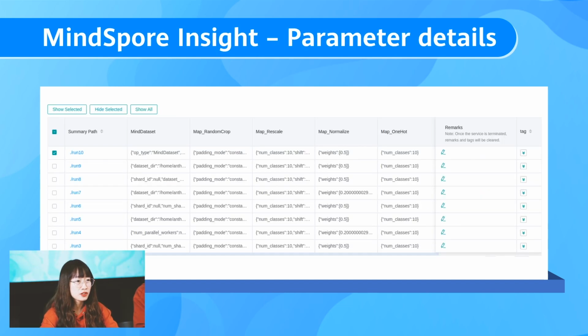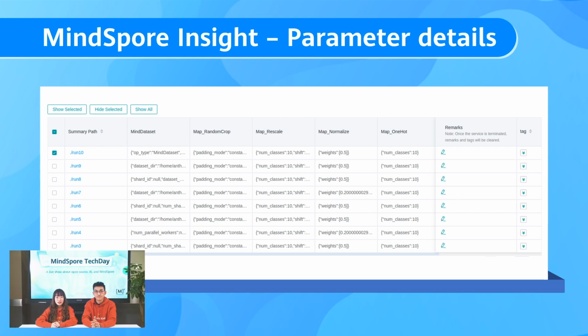Data lineage appears to be a valuable addition to MindSpore Insight too, for understanding how data processing and augmentation impact model training. It's impressive how these tools work together to provide a comprehensive view of both model and the data aspects. I can see how they can greatly assist in optimizing machine learning workflows.